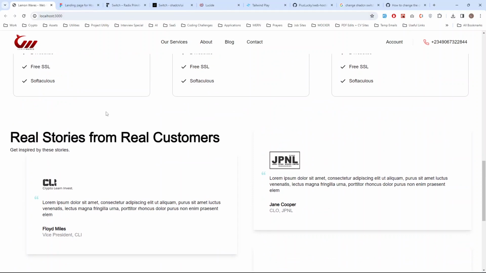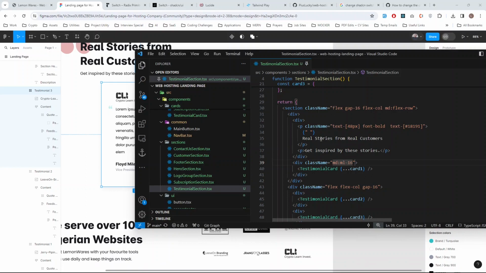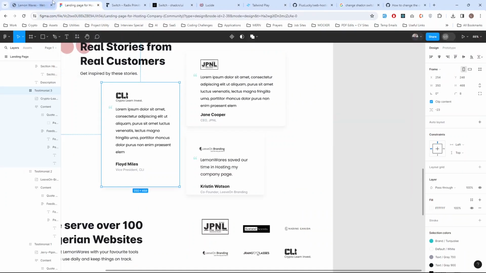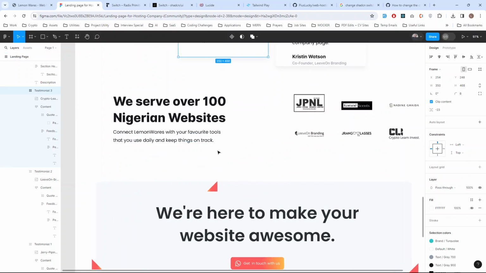Okay, so that will actually be our details from real life customers. I think we should add a little bit of margin. Okay, all right, that's good. What else do we have? We have this section,